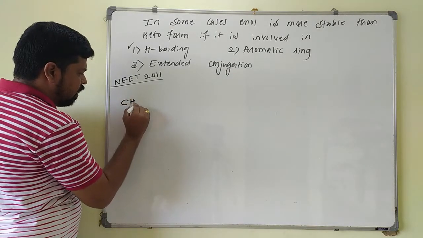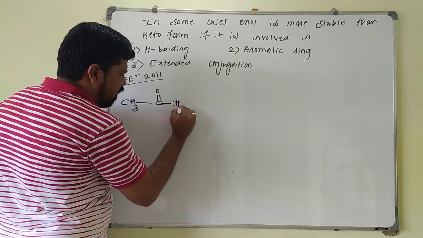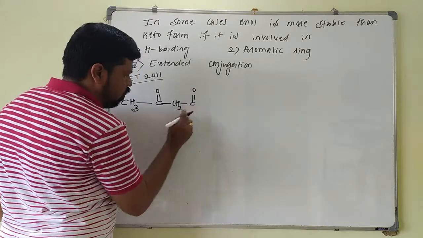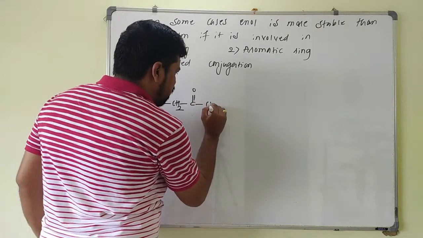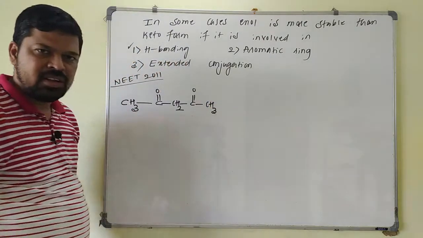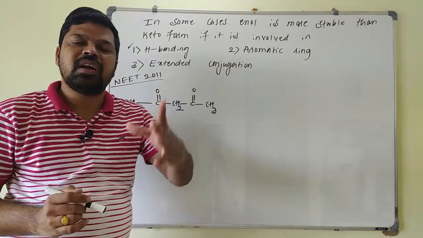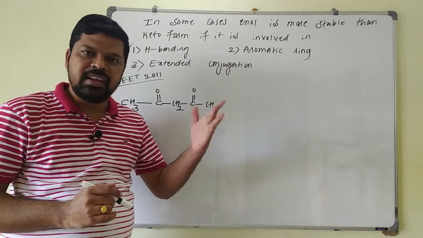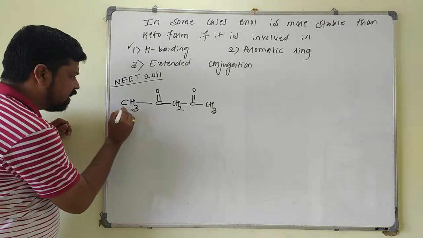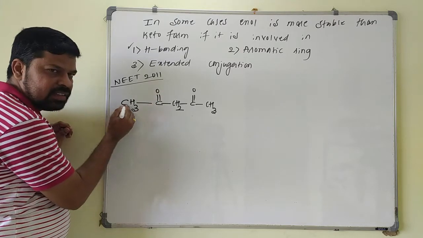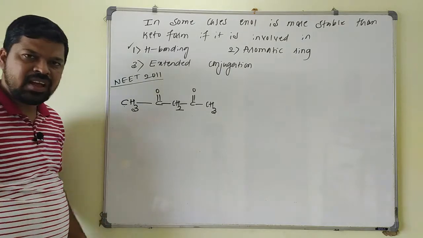See here, that will be CH3, and here you will get C double bond O and another CH2, C double bond O. So two keto groups are separated by one CH2, and here we will write CH3. Now you see here, what is the condition for tautomerism? The sp3 carbon atom must be connected to a heteromultiple bond, and that must have at least one alpha hydrogen atom, then tautomerism is possible. Is it an sp3 carbon atom with respect to this one? Yes, it is having a hydrogen atom. Is it an sp3 carbon atom with respect to this one? Yes, it is having a hydrogen atom.